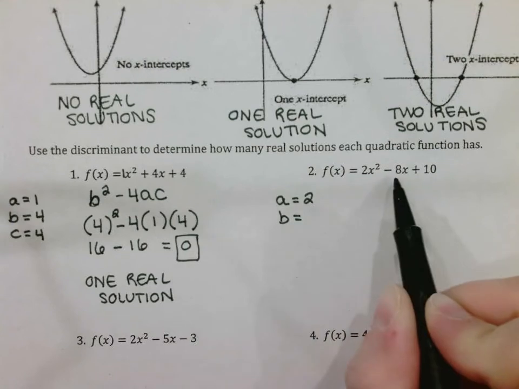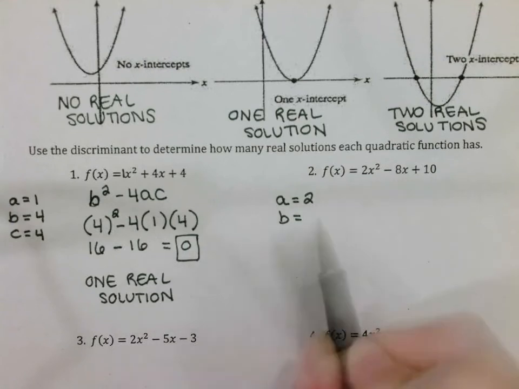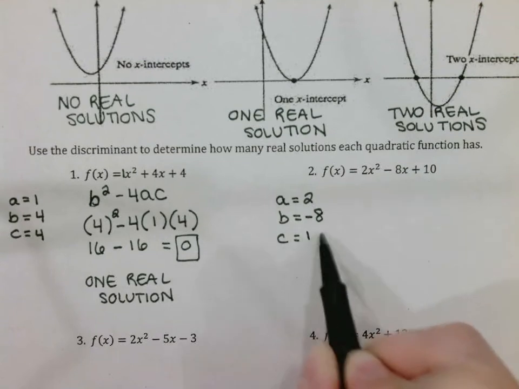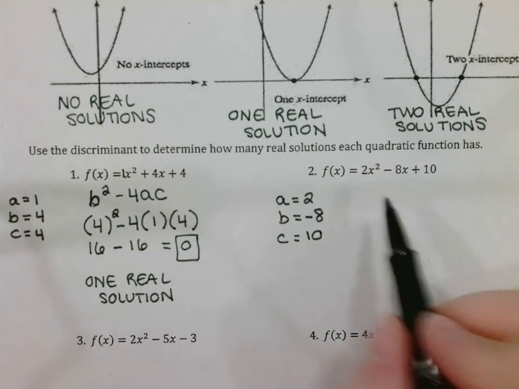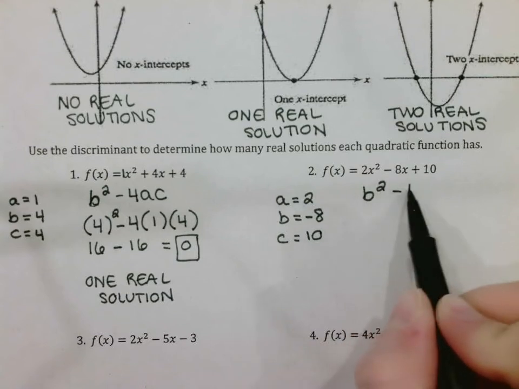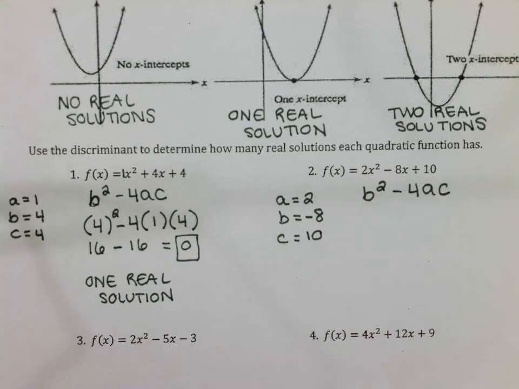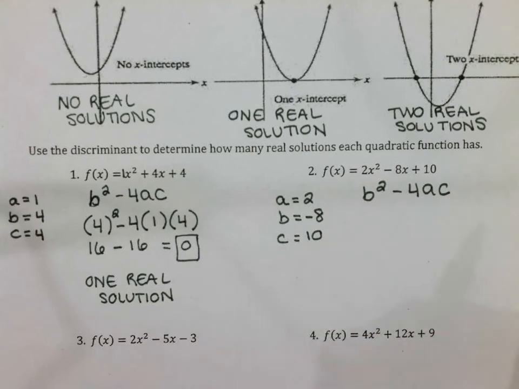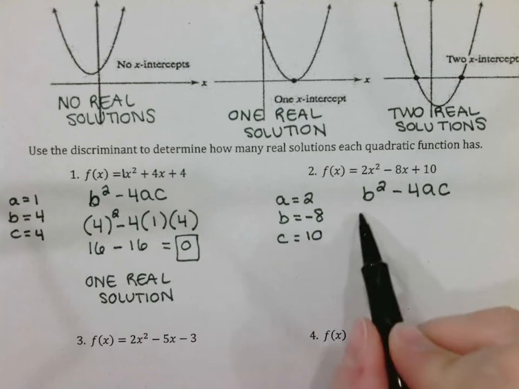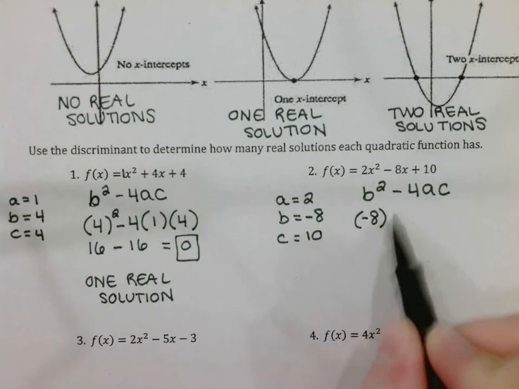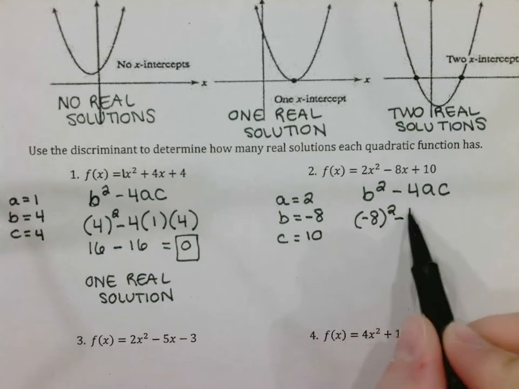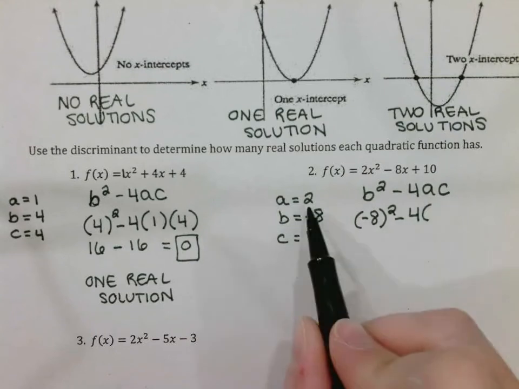B is negative 8. Not positive 8, but negative 8. And C is 10. So we're going to plug this into our discriminant, b squared minus 4ac. And every time I plug in one of these letters, I'm going to put it in parentheses. That way you avoid any sign errors, so it's just good to get in the habit of doing it every single time. So we have negative 8 squared, right, because b is negative 8, minus 4 times a, which is